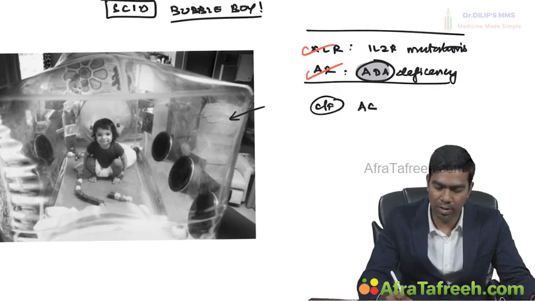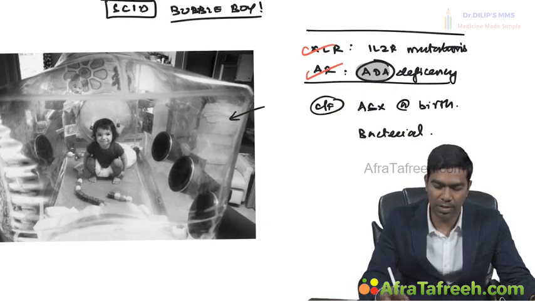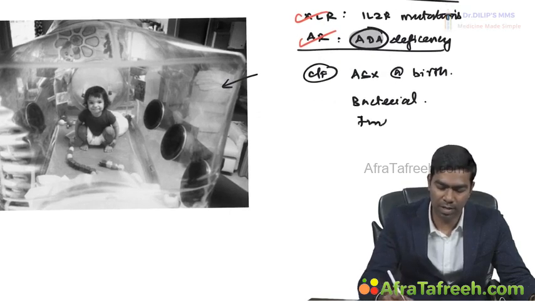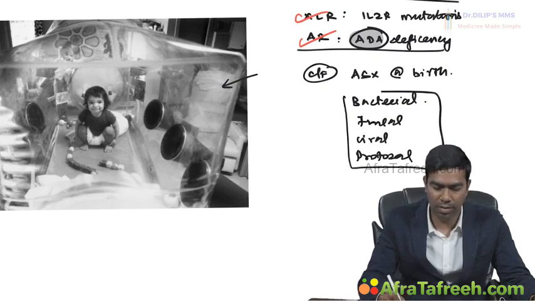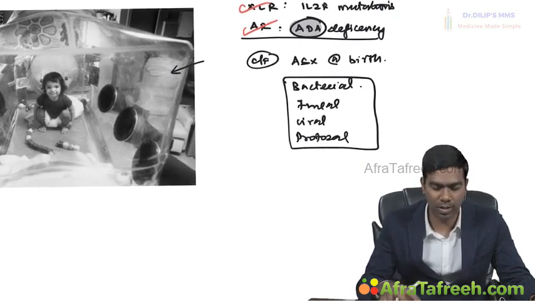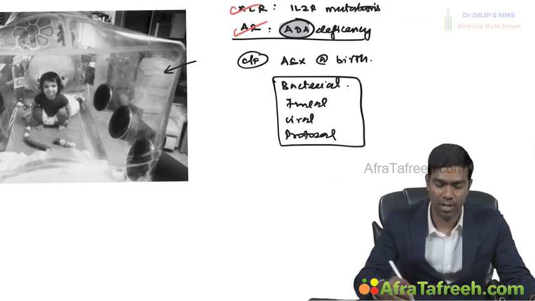Clinical feature wise, they are going to be typically asymptomatic at birth. They will have all types of infections. They will not be spared of any particular infection. They will have bacterial infection, fungal infection, viral infection, protozoal infection. All types of infections they will have, because of the combined B cell as well as T cell